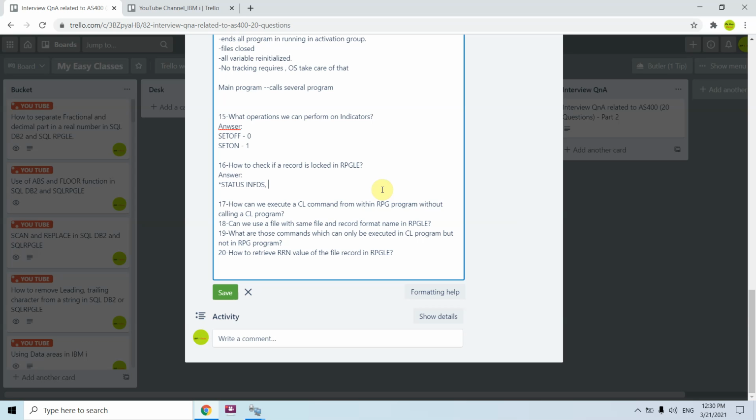So the code would be 01218. I think this one is the code which tells you if the record is locked or not. You can check for other codes as well, whether the file is open or not.